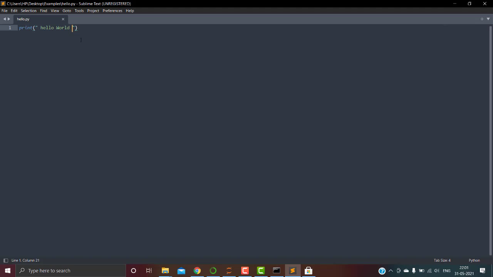Now I'll move back to my command prompt, and what I'm going to do is run a Python script from the command prompt. The code is quite simple. You just have to mention python and the file name. So it's hello.py. Whatever you have written inside of it will just occur. So it's hello world. If you want to write anything more,